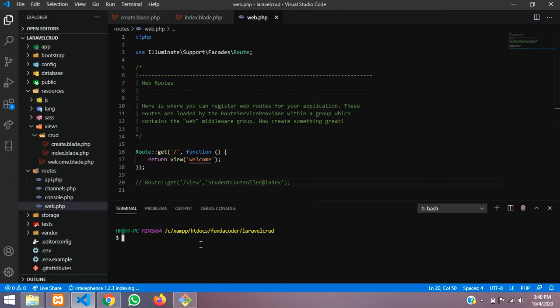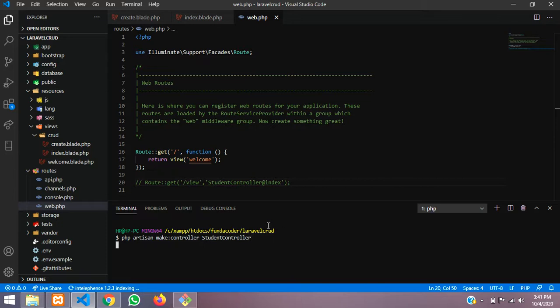So php artisan make:controller, and the controller name is StudentController.